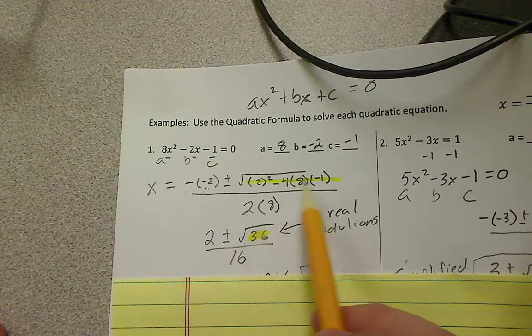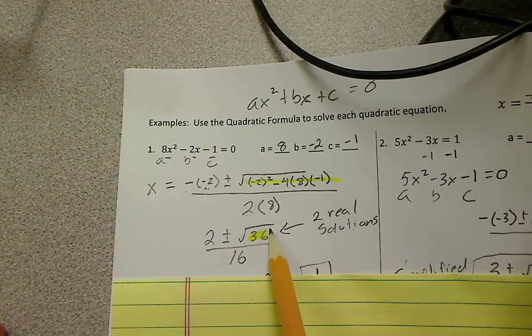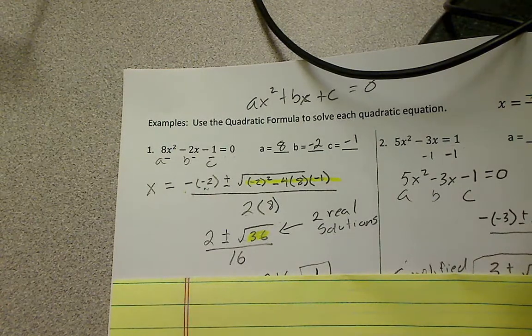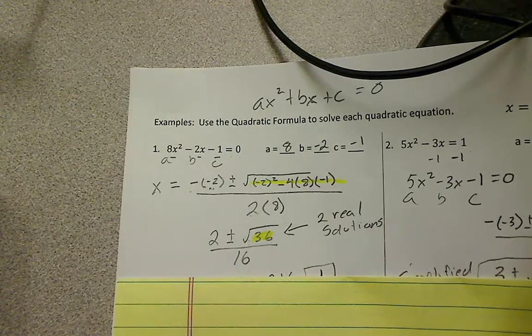So when I get the discriminant value here, which is 36, since it's a positive value, that tells me I'm going to have 2 real solutions, or 2 real answers, when I'm all said and done. Okay. I just realized I forgot my calculator, which seems to be a common occurrence. And the reason why I need it is because I'm going to show you a very common mistake that does happen. So you have the square root of 36,